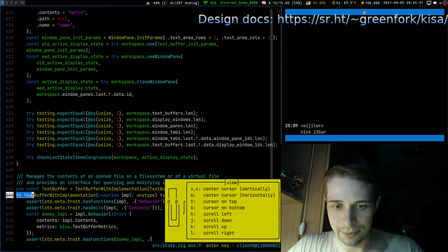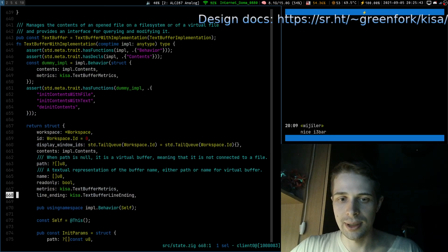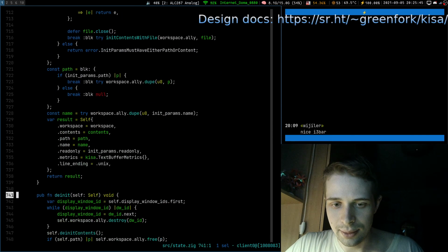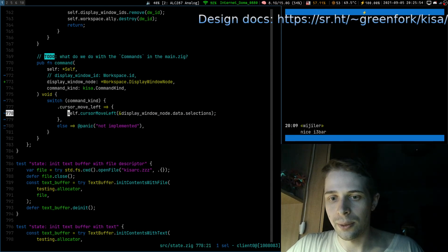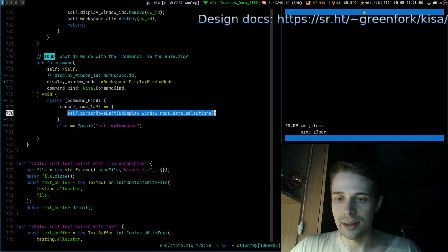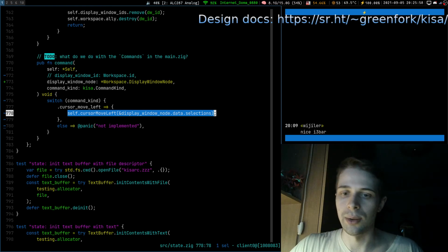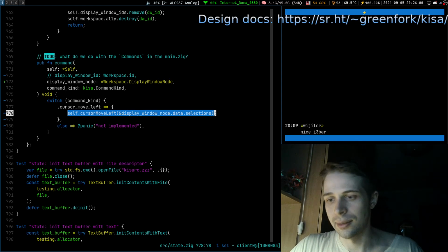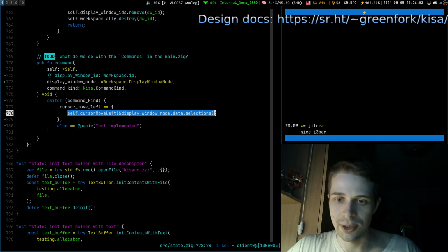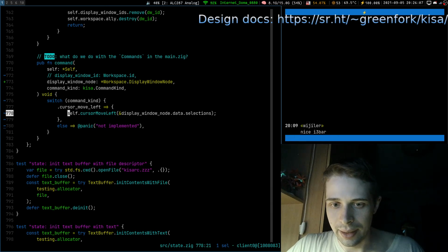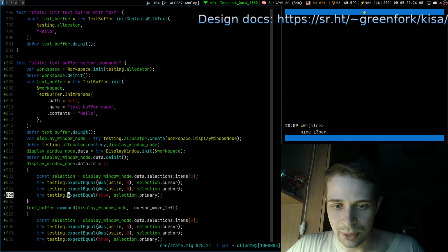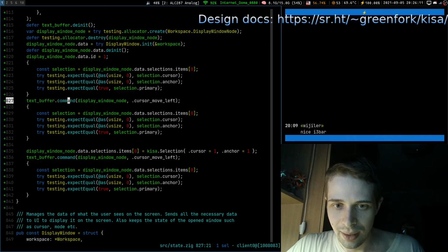It will proxy it here, and in this command we will also dispatch it through our interface and call the function of the underlying implementation of our text buffer. Currently it is a contiguous array, the dumbest implementation, just to understand the interface and all the stuff. Yeah, and this is what we have right now.